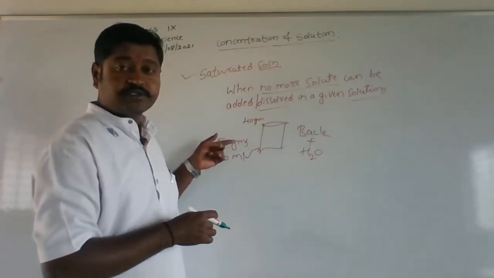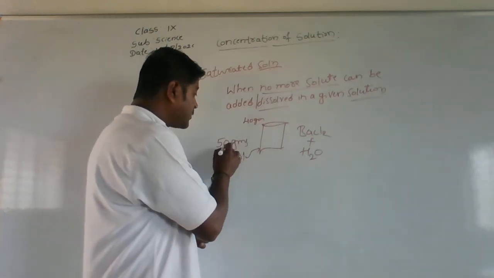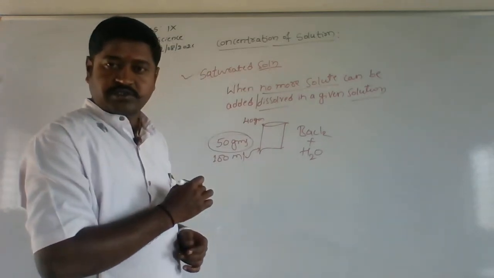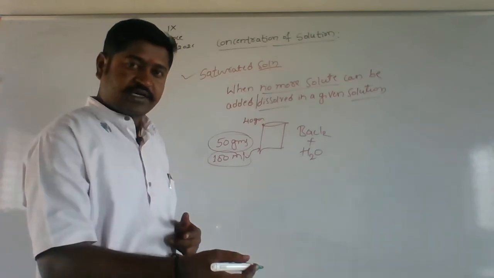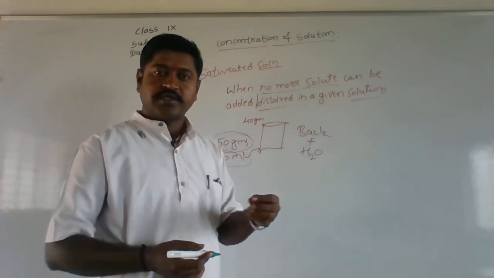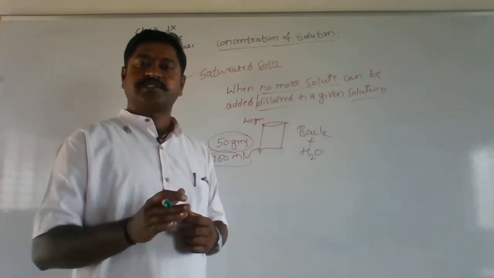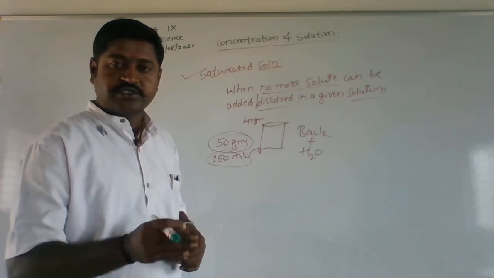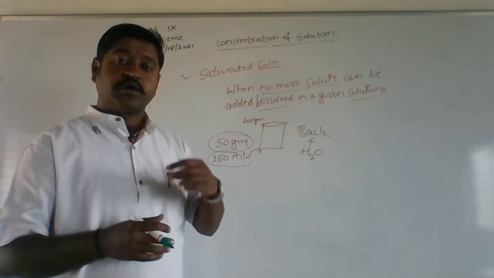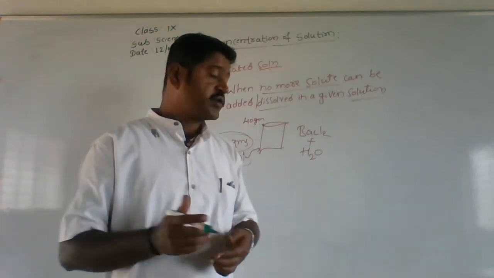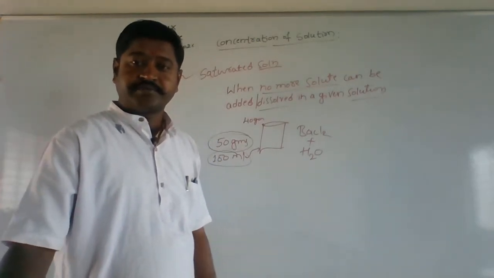The remaining 10 grams of barium chloride is again added to this, right? After it gets completely 50 grams mixed with 100 ml of water, later than that even 2 grams is not going to dissolve in this. So that is what is called saturation. Whatever the capacity of solute is there to dissolve in a solution, it has reached that capacity. So no more solute can be added. For that we call it a saturated solution, right?